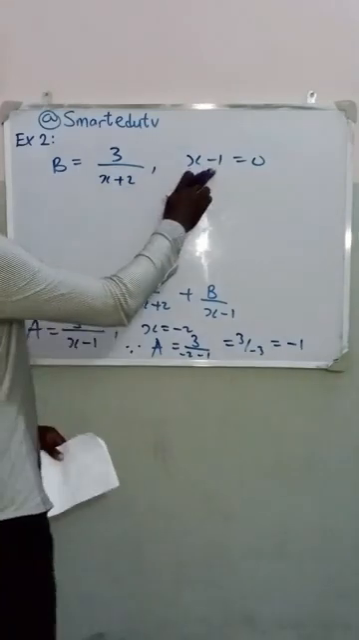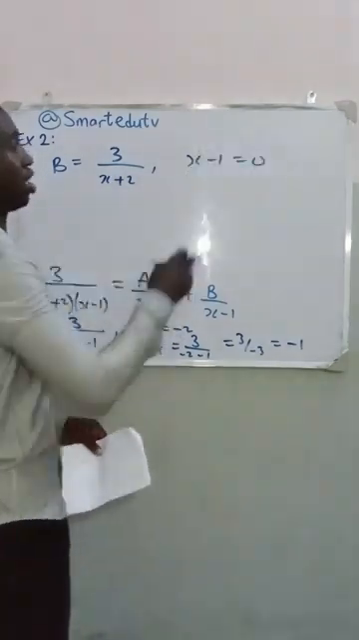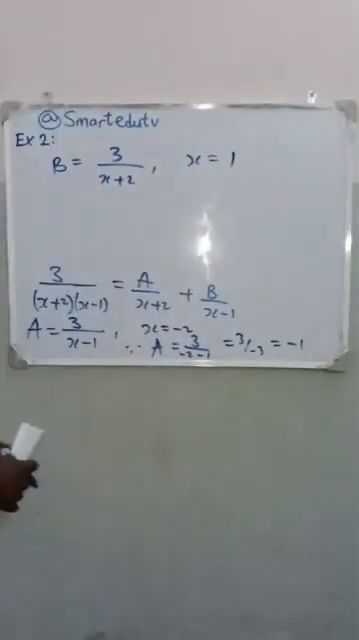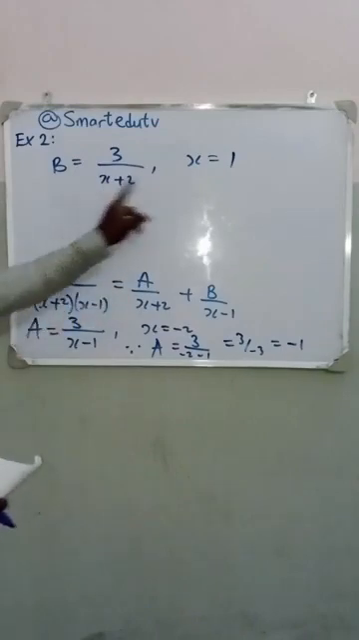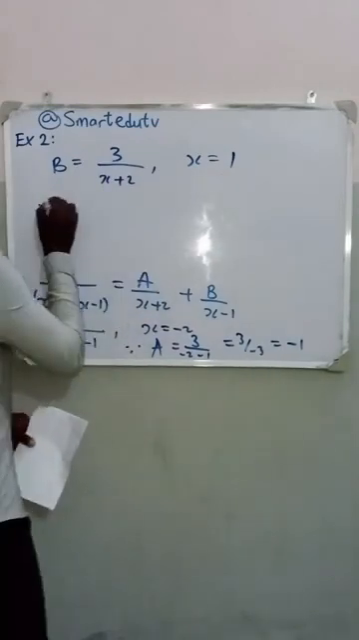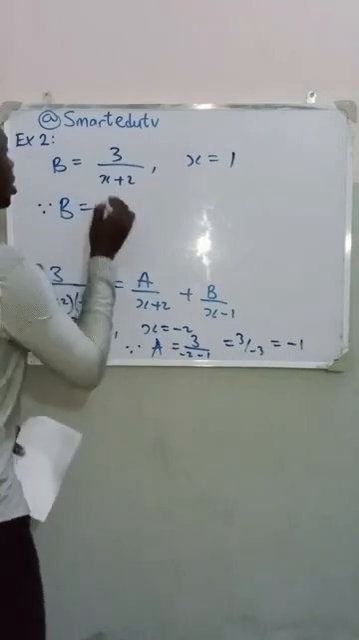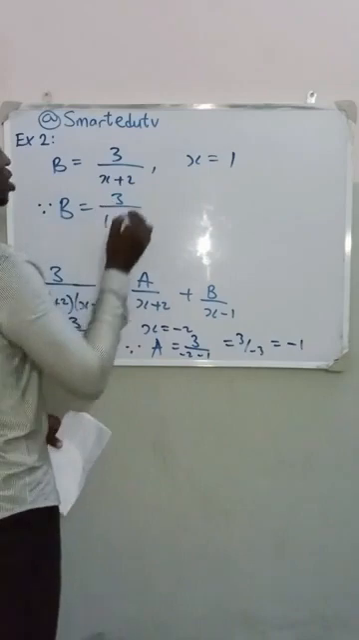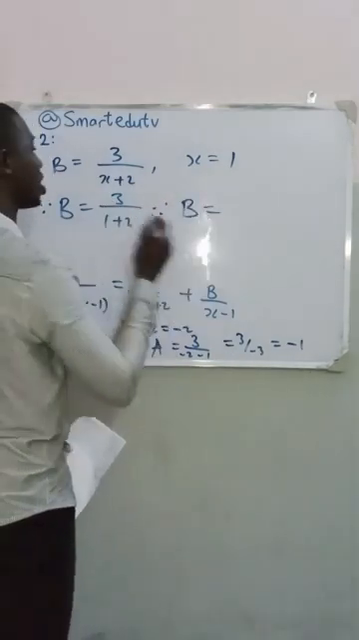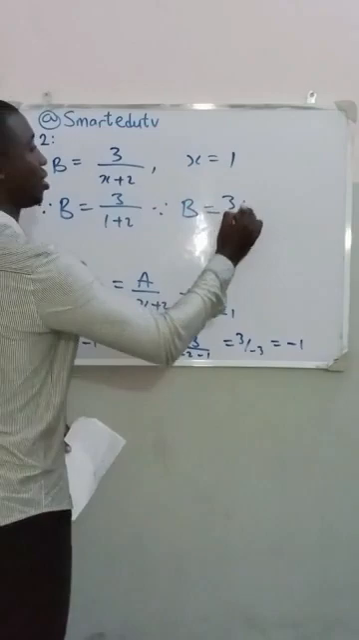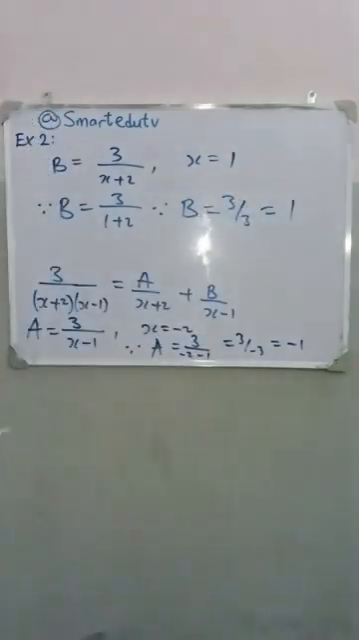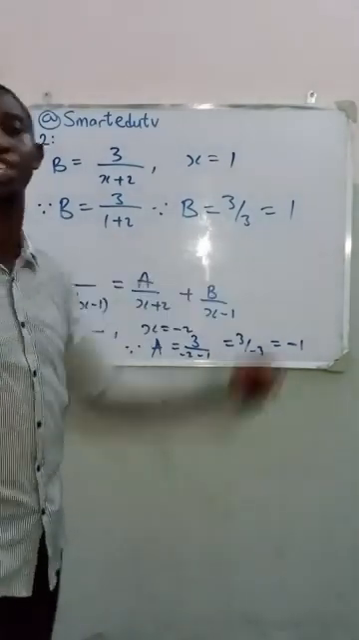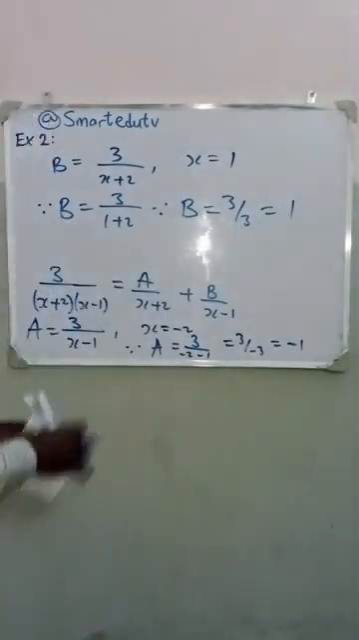So if x minus 1 is equal to 0, the value of x is positive 1. Now, go back to this expression. Anywhere you see x, put positive 1. Therefore, the value of B is going to be 3 over 1 plus 2, that's 3 over 3, which equals 1. It means that the value of A is minus 1 and the value of B is positive 1 using Arfos method. Now, go back to the